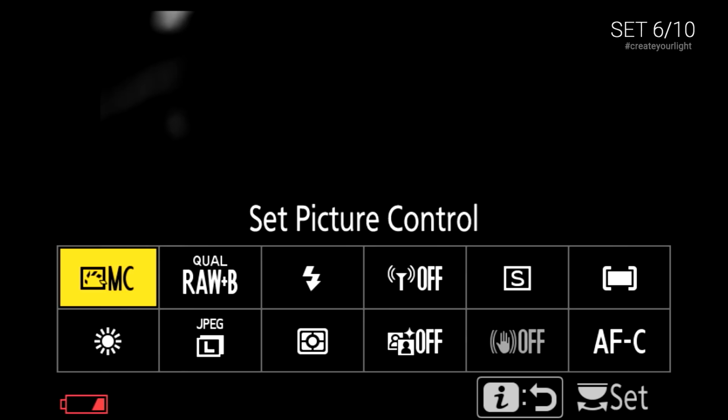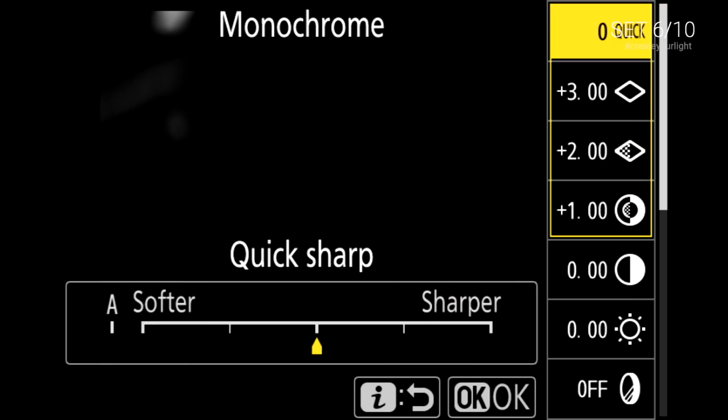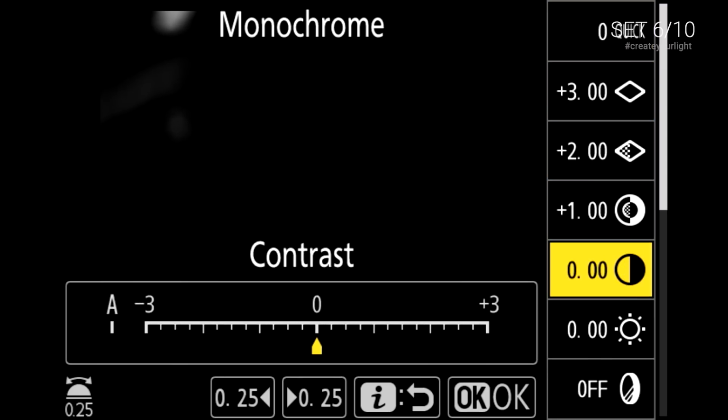Let's start with the camera first. So I'm going to explain what I'm doing with the camera. I'm switching the camera on, and then it's set picture control. It's when you press the I button, and then you already see I selected monochrome. What is special about that picture control is that you can still further individually adapt the style you want to have. And actually I like a bit less contrast, because I think the aim of that photo setup is to